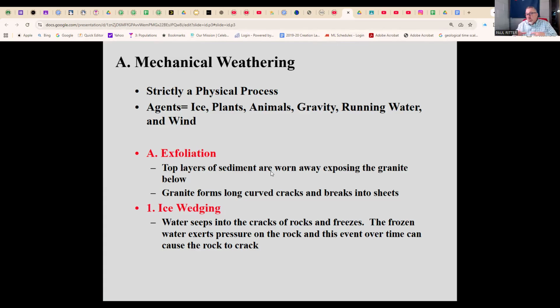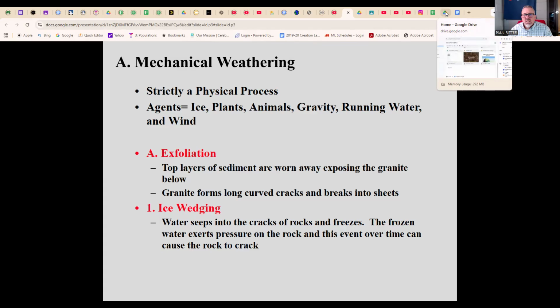This happens when we have giant pieces flaking off. Very simple. In granite or wherever, these long pieces come off. I'll show you an example of that. The next one, I think I already talked about, the ice wedging, where it's freezing, expanding, melts, fills in a little bit more, freezing, expanding, and so it cracks. Ice wedging. And again, we see that with roads, we see that with cliff sides.